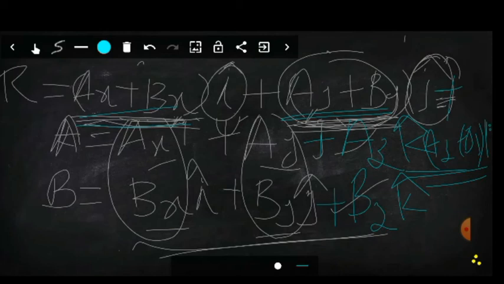Most of the situations in this motion in a plane chapter, we are dealing with two-dimensional space, x and y. So we add the x components together, ax plus bx, then the y components together, ay plus by, then represent them with the help of the unit vectors i and j. That is the analytical method of vector addition. Okay,